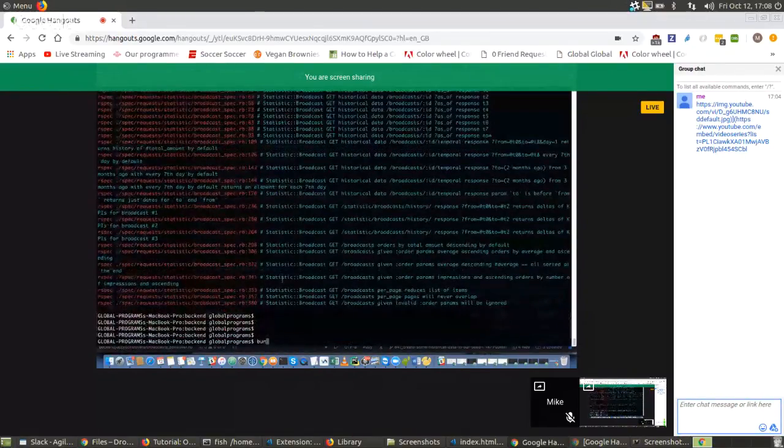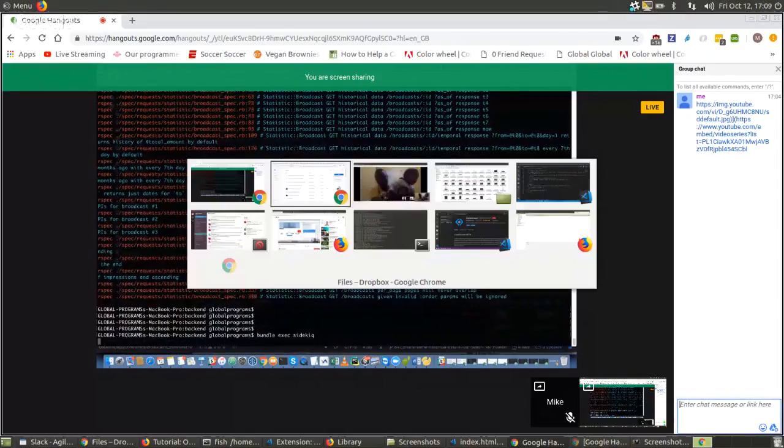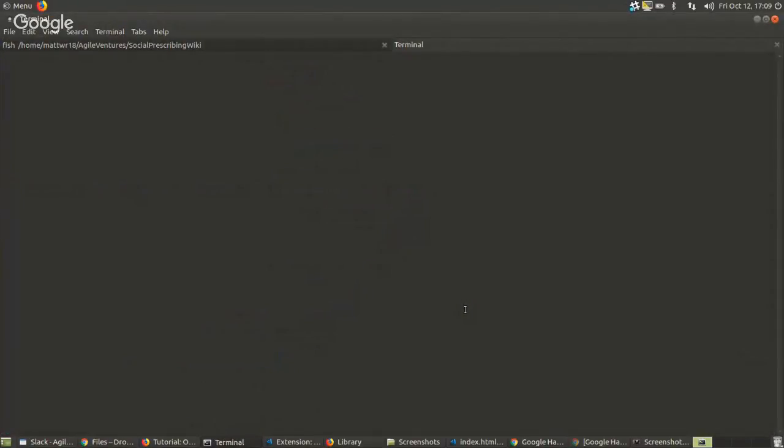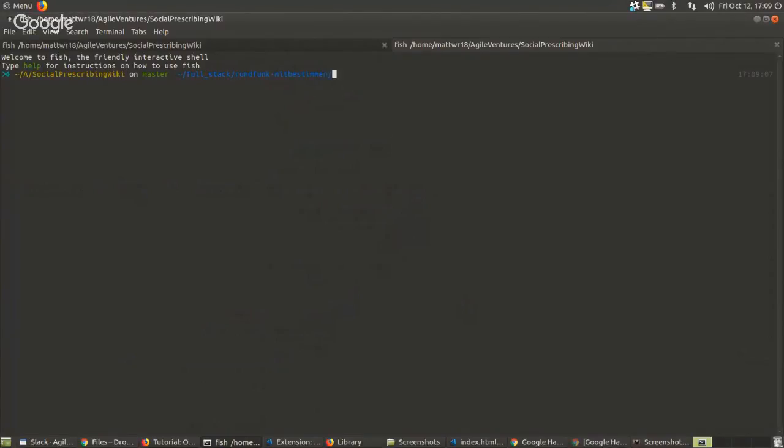I think there's a way for you to enable Sidekiq to be running, because I don't feel like I have to do that every time. I can go have a look at what it's like on mine. So if I come here to full stack, investment, backend, and what do I have going on here?